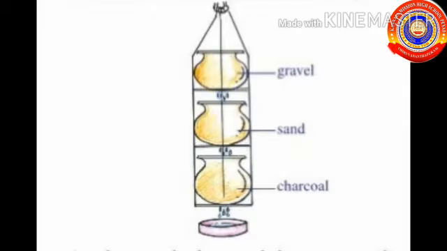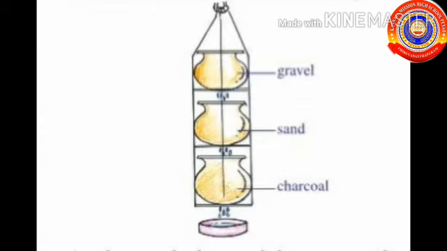Children, do you know how the Muchetti Arippa purifies water? The gravel in the top pot filters the large particles in the water. The sand in the middle pot removes the mud and makes the water clear. The carbon in the bottom pot absorbs the poisonous substances in the water.